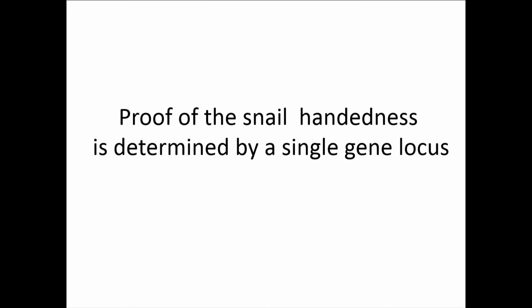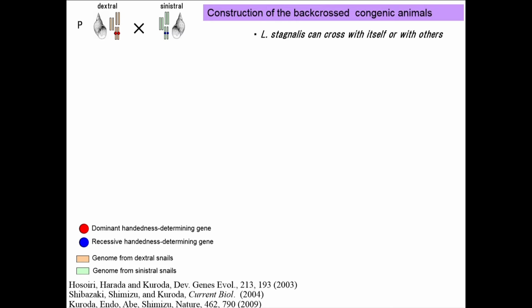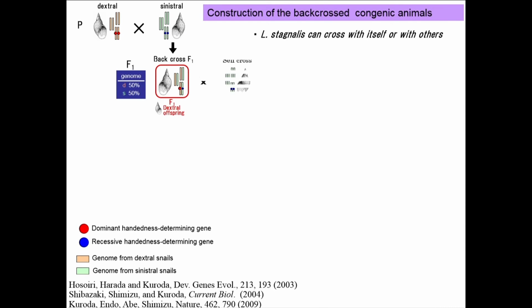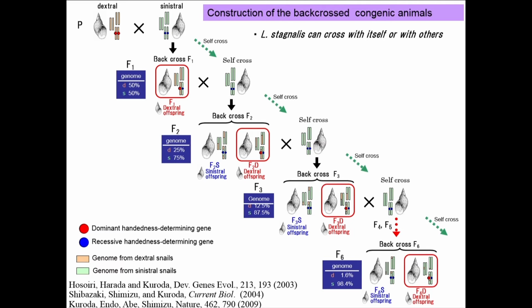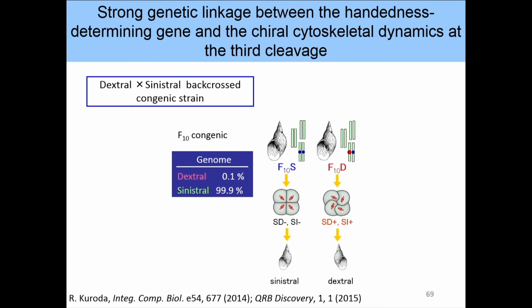Now, let's go on. Proof that snail handedness is determined by a single gene locus. We did back-crossing, so we had to mate left-handed and right-handed snails. That is very difficult, but we managed it, and I can tell you just the results. However, it took years to make this. We made a congenic one, which contains 0.1% dexter genome and 99.9% sinister genome. If you inherit the handedness-determining gene, the right-handed determining gene, within that 0.1%, it produces a right-handed